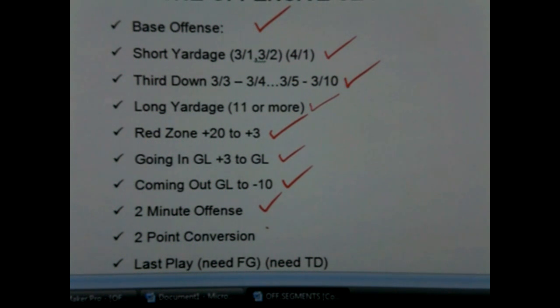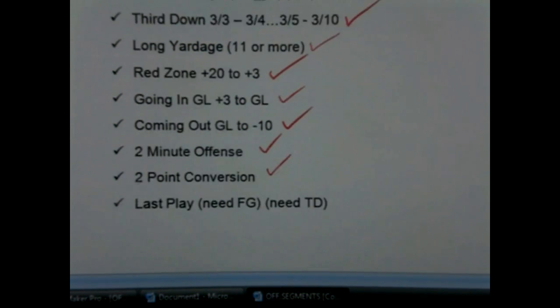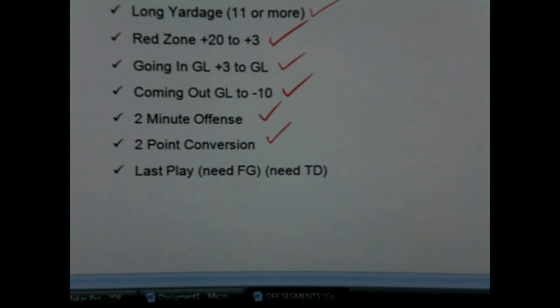Another thing you want to be prepared for is a two-point conversion. You want to be prepared with it in case you need it in a game. And you certainly want to be prepared with it if it comes up in an overtime situation where you have to use it. You get into that third overtime and you're forced to go to a two-point conversion. You want to make sure that you have that. And then along with this, the last segment that I have in this